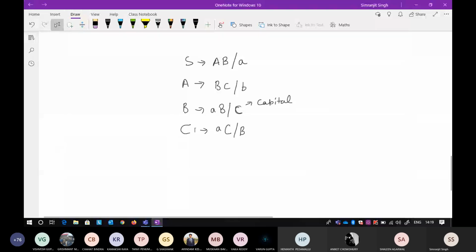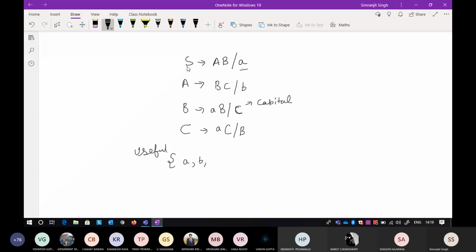Now go with the same approach. Just keep the set open. There is one mistake that most of the students make, that they do not keep the set open. Now the useful symbol set includes all the terminals. So A, then B, and this is not a terminal. Keep in mind that is capital. I don't think there is another terminal. Now see which production is deriving a terminal symbol.